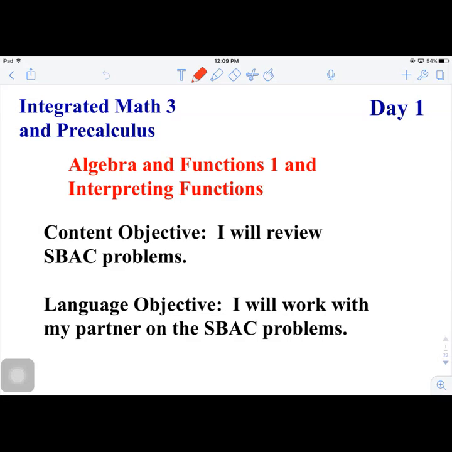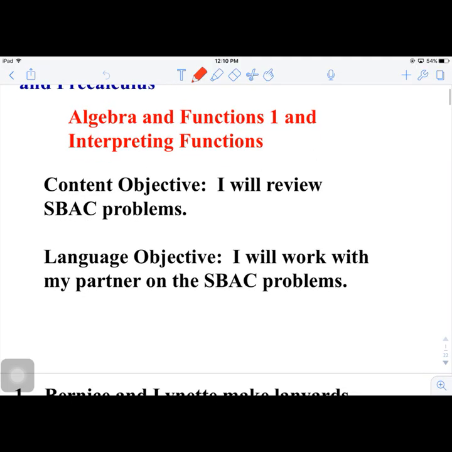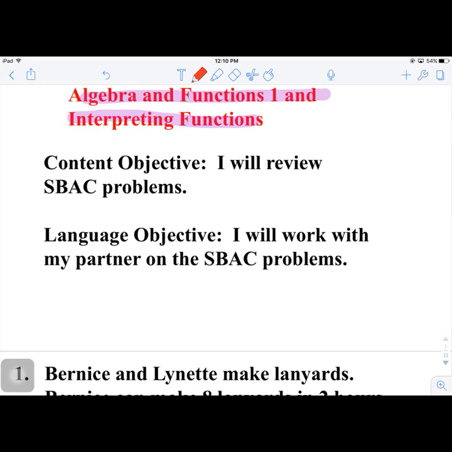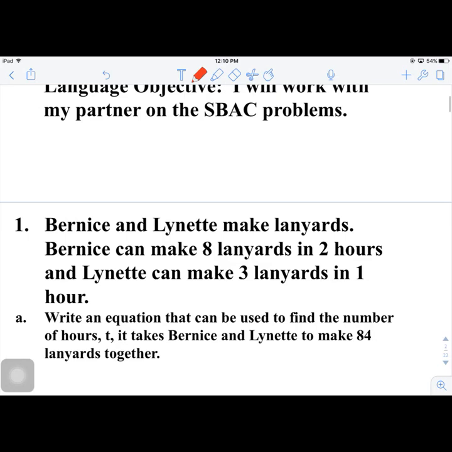Hi, this video is for day one for the SBAC review test, and we're going to go through a series of basic skills review questions. So this is day one of the algebra and function one for interpreting functions. And the objective is to review for the SBAC, and then you're going to be working with your partner on